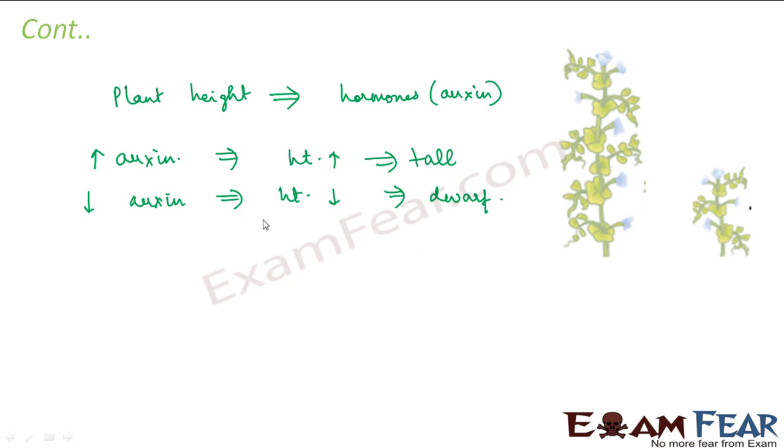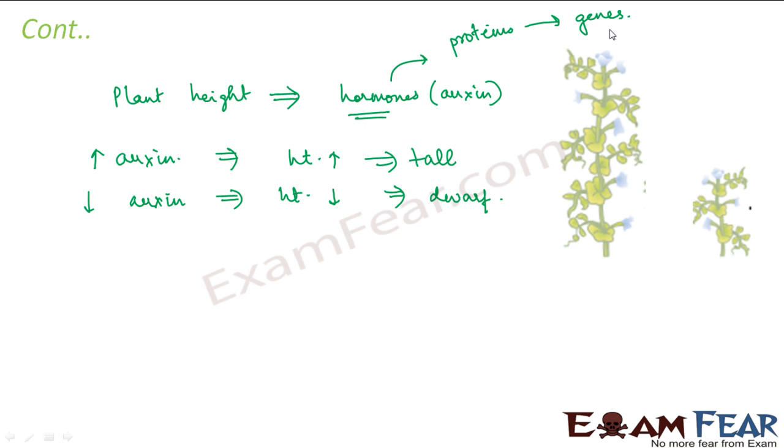Right? Now who is responsible for the secretion of the hormones? Like in human beings, the hormones are secreted by the glands. But in case of plants, there are enzymes which are responsible for the secretion of the hormones. And these enzymes in turn are nothing but proteins. So, who is responsible for the synthesis of proteins? Genes, right? So the gene has the information for the synthesis of proteins.